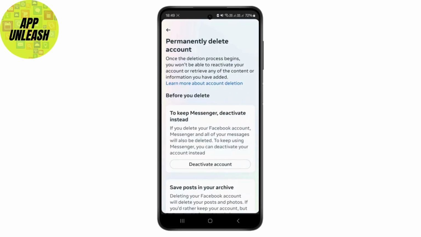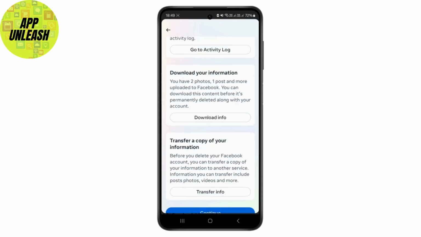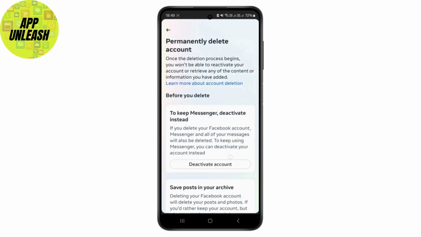Click on continue, and finally you can also download your info. If you have photos or posts that are too important, before deleting you can also download your info or also transfer a copy of your information. So just click on continue if you want, and